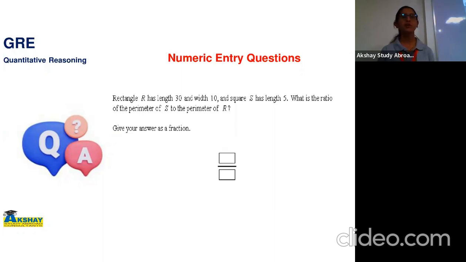Yes, what is the perimeter of rectangle formula? It is 2 in bracket L plus B. It's correct. Formula is correct. But I will give you a strategy. If you don't know the formula, still you can solve this question. You just try to solve this first, and then I'll give you the strategy for that. Yes, online students.